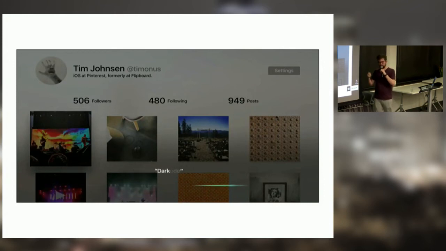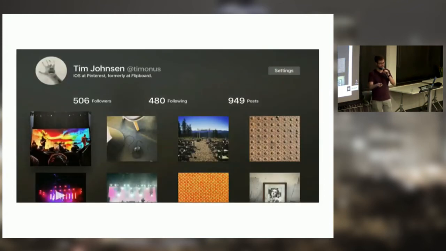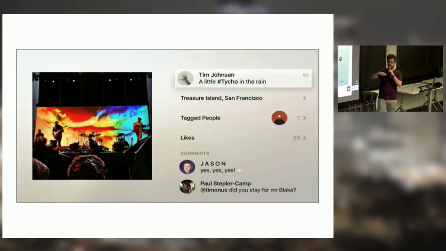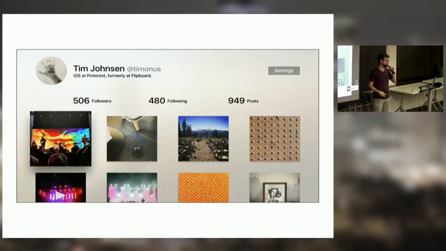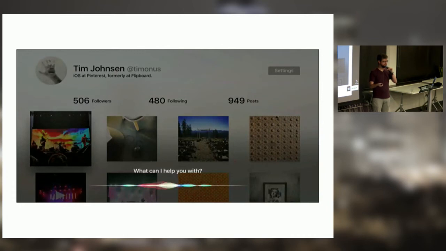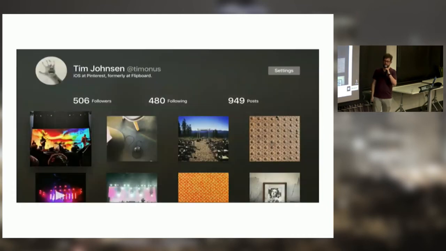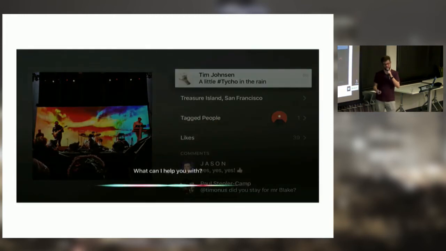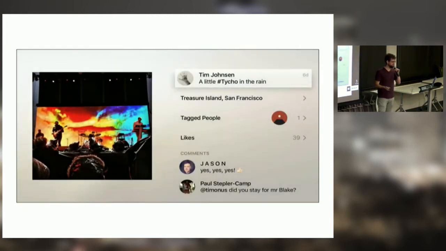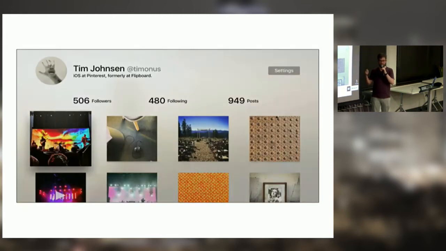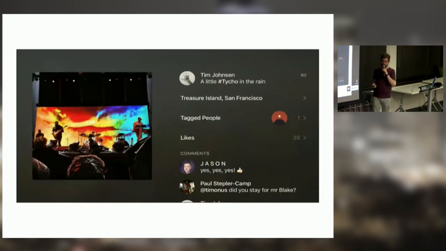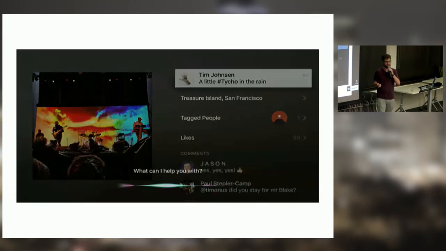Yes, there we go. Okay, so basically, if you're an Apple TV user and you have the Siri remote, you can hold down the button and say dark mode or say light mode, and it'll toggle back and forth between the two. You can also just go into the system settings and change it, but that's much more involved than just saying it. And I actually think this is really awesome, and if you want to build a super compelling tvOS app, you should build it as well, because people don't want to be blinded by the whiteness when they're in their living room with the lights out for the most part. So it's good practice to adopt.